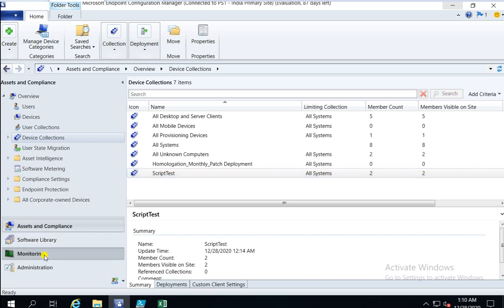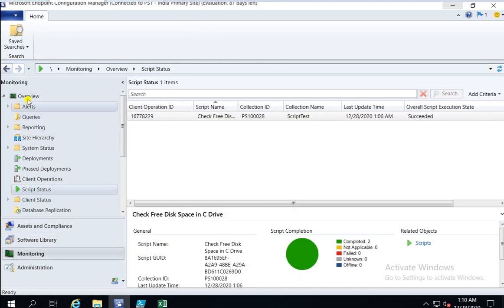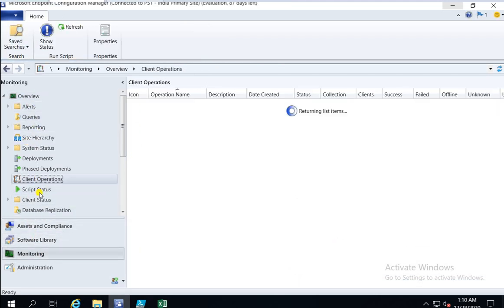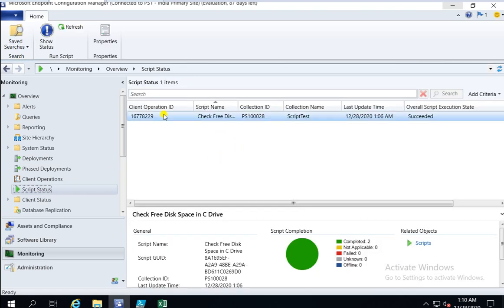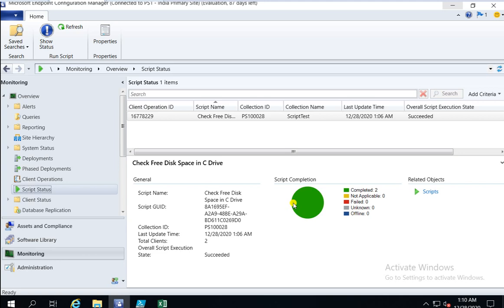There is one more monitoring part also. If you go under Monitoring, here is Scripts, and you can check your script status. If you want to check on how many machines it ran and how many machines failed, you can go here under the script and check your collection ID where you ran it, and it was a success.